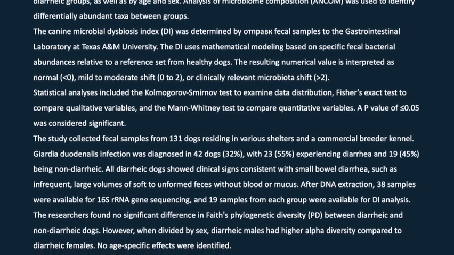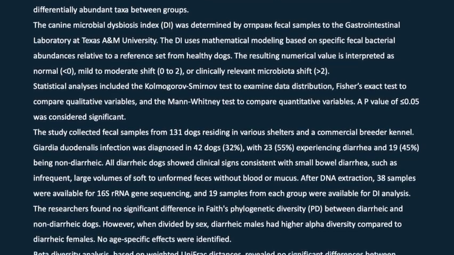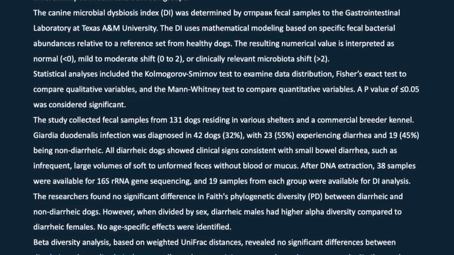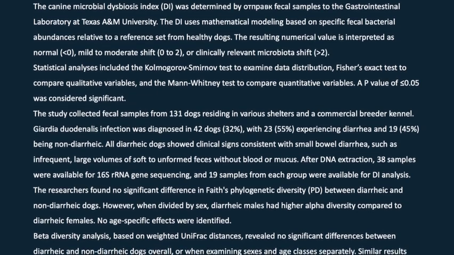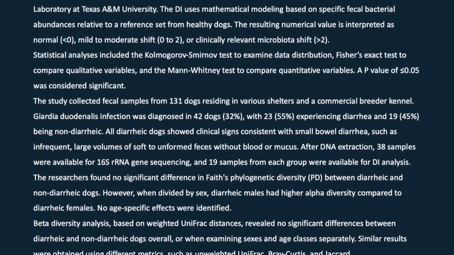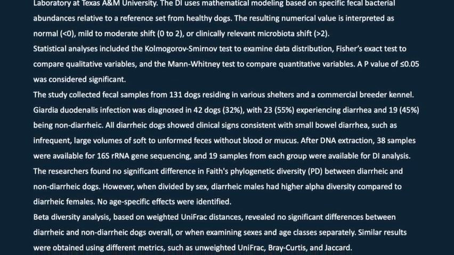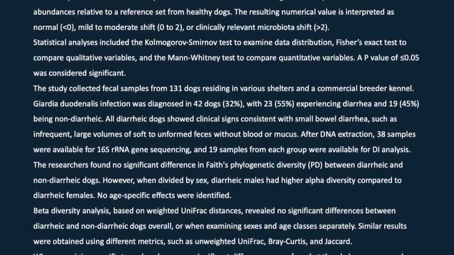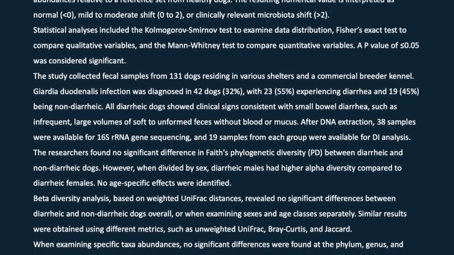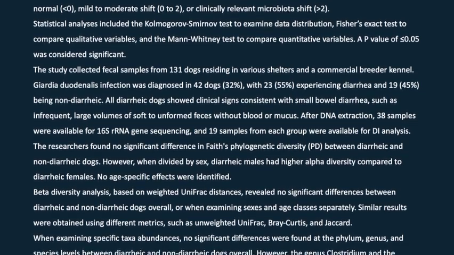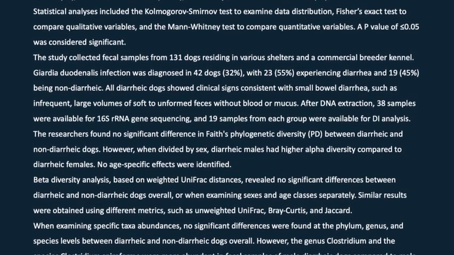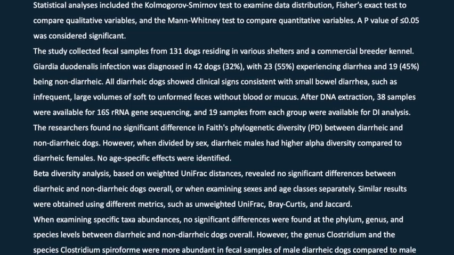The study collected fecal samples from 131 dogs residing in various shelters and a commercial breeder kennel. Giardia duodenalis infection was diagnosed in 42 dogs, 32%, with 23, 55%, experiencing diarrhea and 19, 45%, being non-diarrheic. All diarrheic dogs showed clinical signs consistent with small bowel diarrhea, such as infrequent, large volumes of soft to unformed feces without blood or mucus. After DNA extraction, 38 samples were available for 16S rRNA gene sequencing,